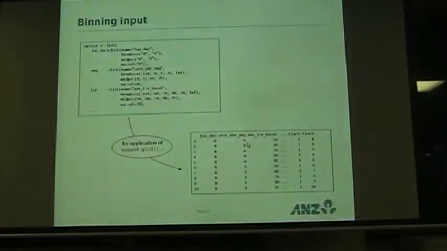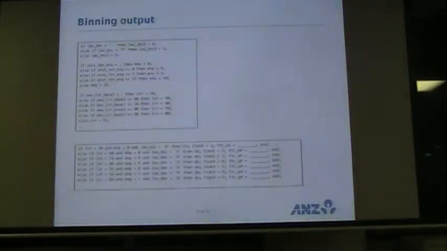By application of expand grid, I'm going to turn this into a set of cells. So low doc no, number of inquiries 0 or 1, 50 LVR or less. That's one cell. Next cell down has LVR 60 and so on. It's actually by application of expand grid and a whole bunch of other stuff, but I thought it was too boring to put on the slide. This is what the actual output is going to be.